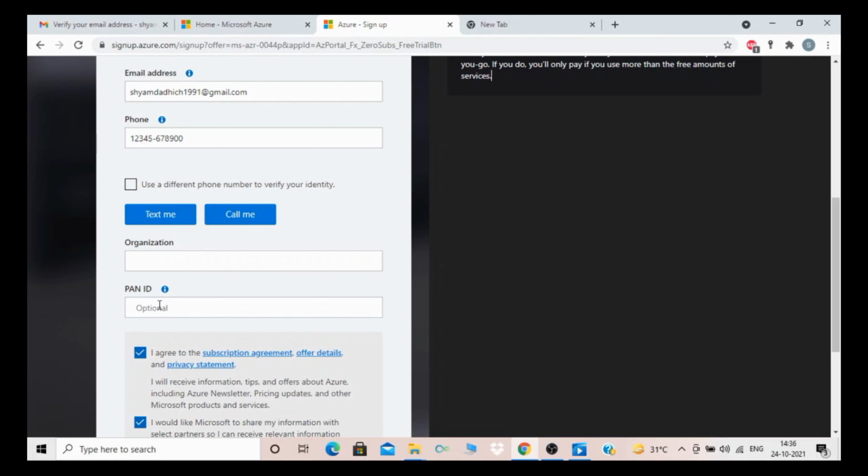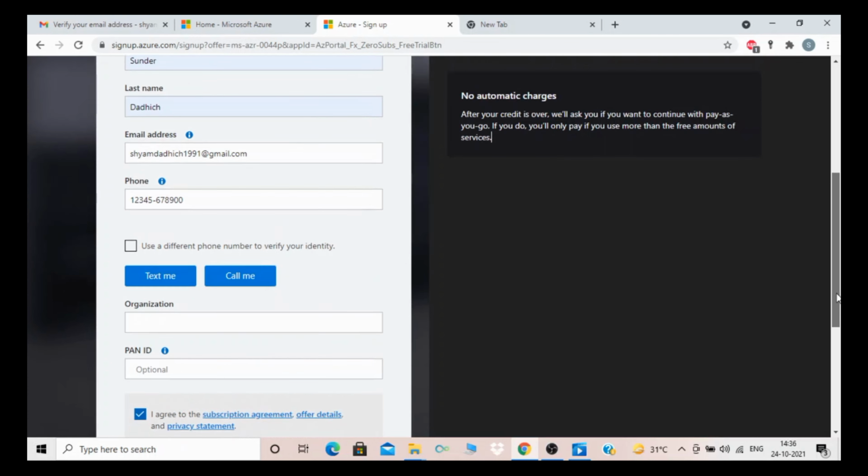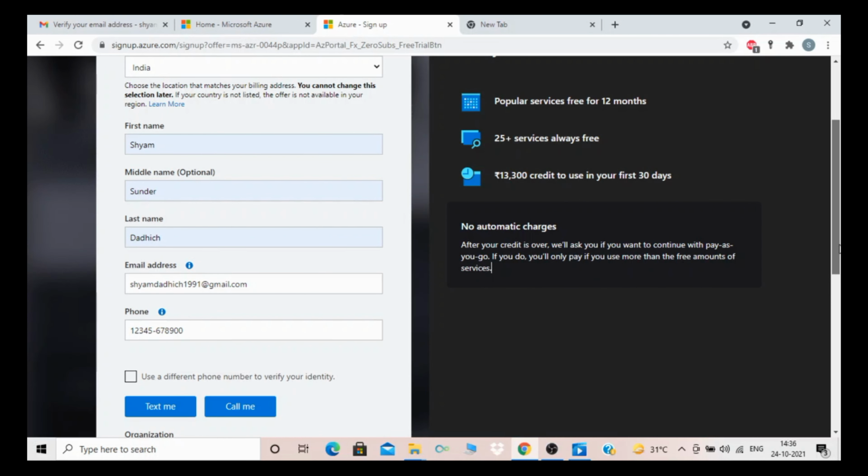Once you verify, you need to enter a PAN card number, because it's a subscription which costs 0 rupees. But Microsoft provides you 13,300 rupees for the 30 days. So they will charge you 0 rupees, but they provide that from their side. For that, you need to enter these details.